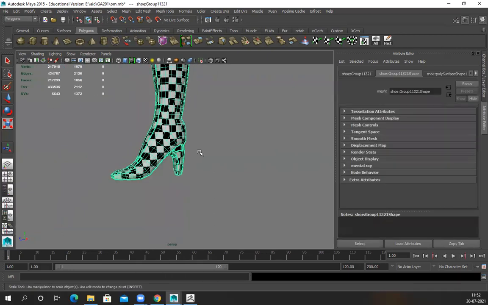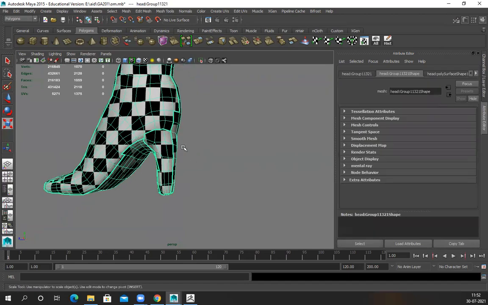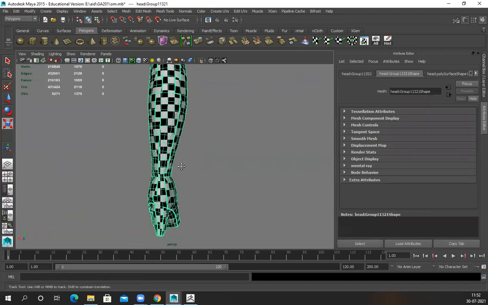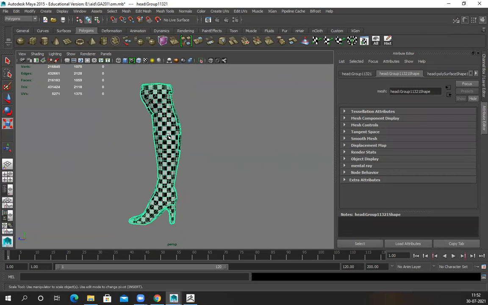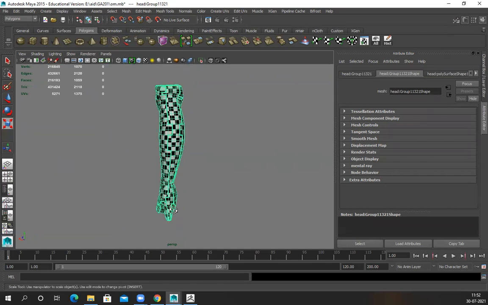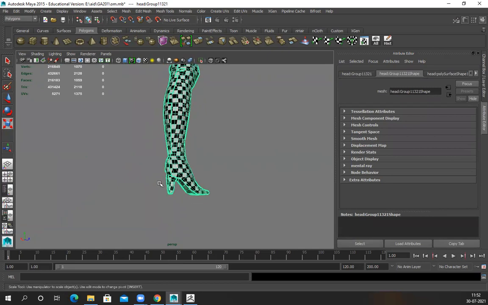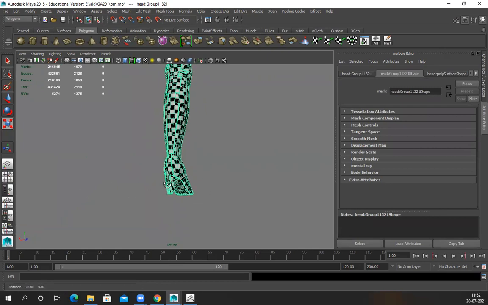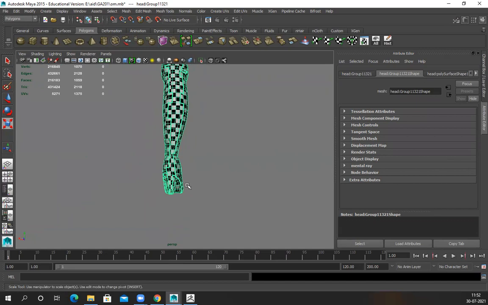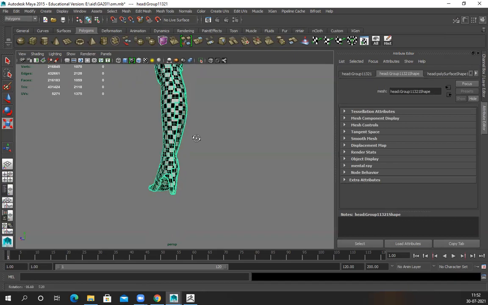So for unwrapping this, fix it and correct it, and for the shoe only one seam will be there, either inside or maybe at the back. Outside, no seam. And this part is a separate section altogether, like the under part of the foot. We always keep it separate from the main body because that part is rarely visible, so we keep it small and separate.